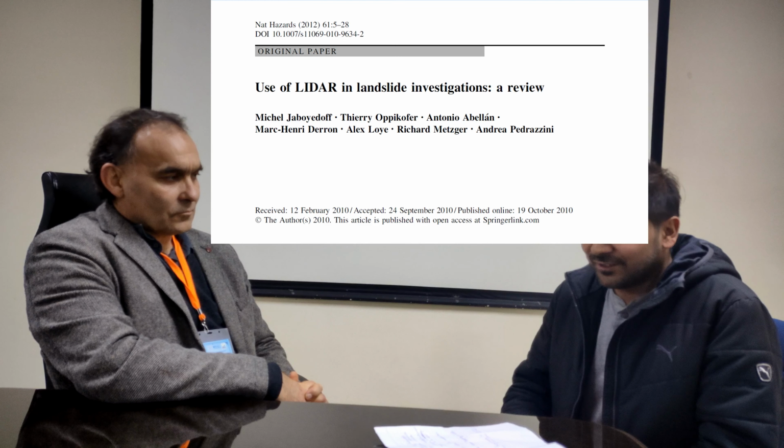Talking of the evolution and drones, I would like to ask you: in comparison with UAV photogrammetry or these structure from motion algorithms, they are coming and evolving, and the drones are cheaper than LiDAR. So where do you find the future of LiDAR technology in comparison to this drone photogrammetry?